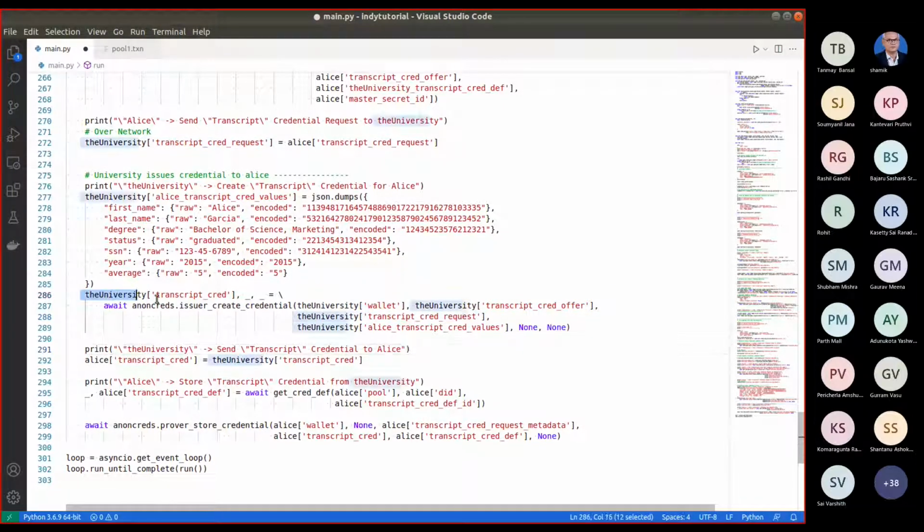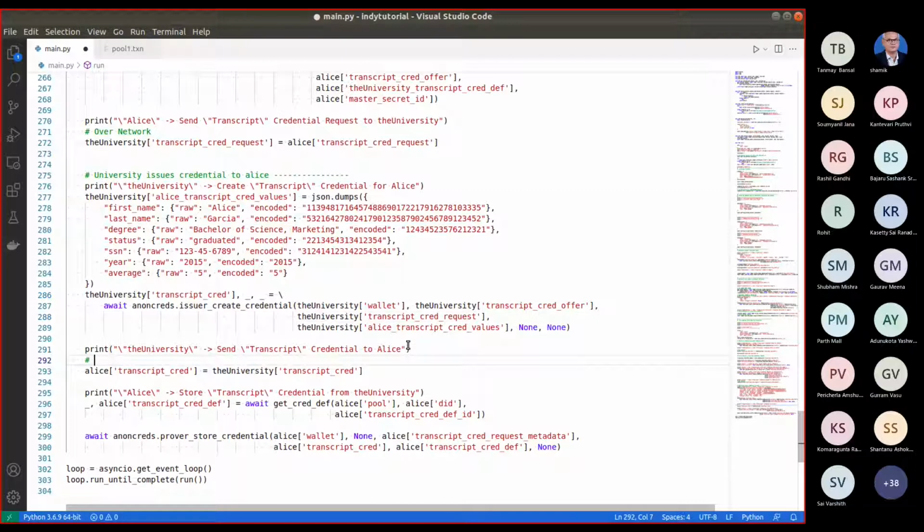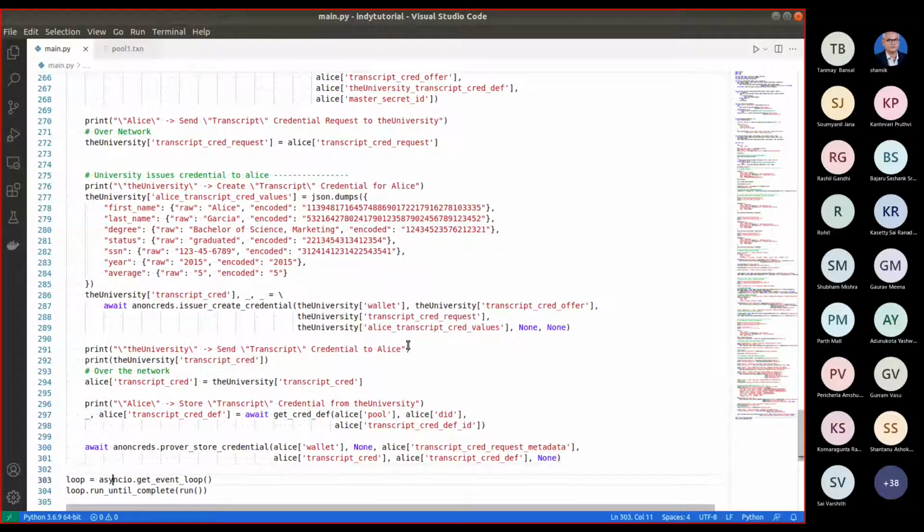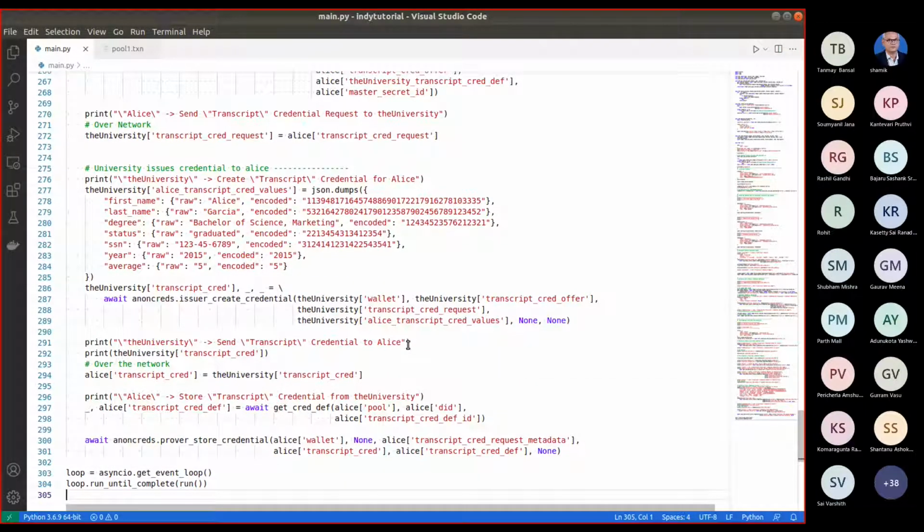So this is the actual credential that will be transferred to Alice, and this transfer happens over the network. And then finally it gets stored into Alice's wallet.